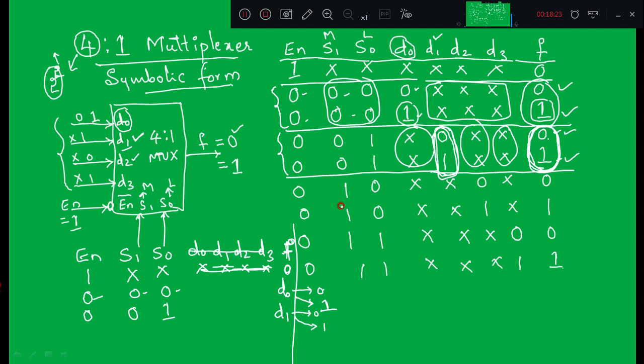So I am still reducing the entire size of this truth table, right? If you have understood, please continue. For 1 0, it will select D2, so output is D2. Then for the last combination 1 1, F is equal to D3, right? So this is the concised truth table for 4 is to 1 multiplexer, right? So now in the next slide we will see how to write a Boolean expression using this truth table, and how to draw the internal logic diagram of this 4 is to 1 multiplexer. Okay.